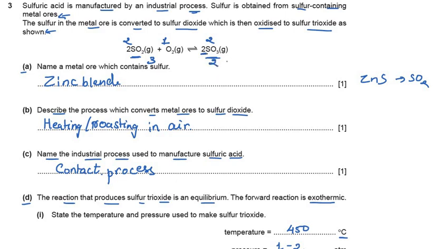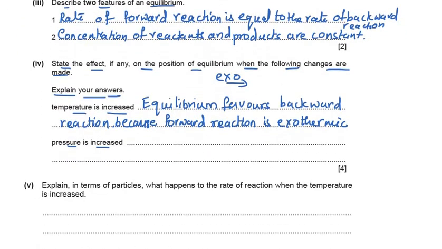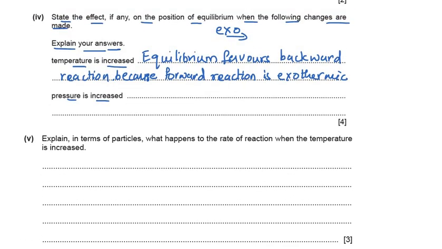So where are less number of molecules? On the product side we have fewer number of molecules, and the question says that if the pressure is increased, the equilibrium is going to favor the forward reaction,